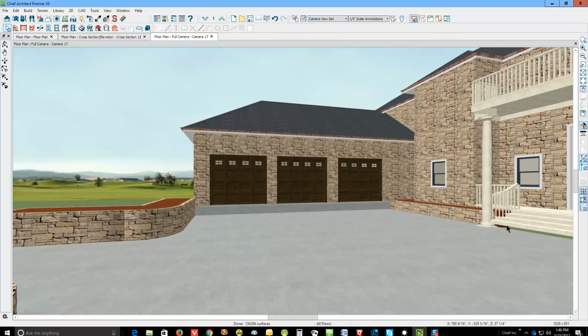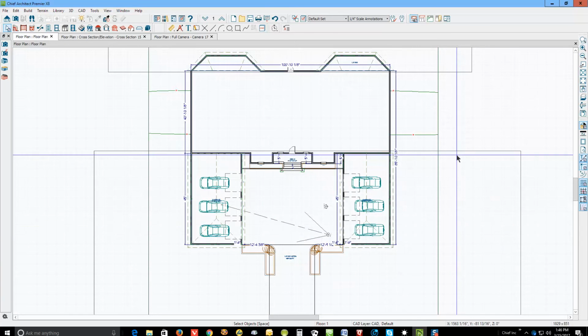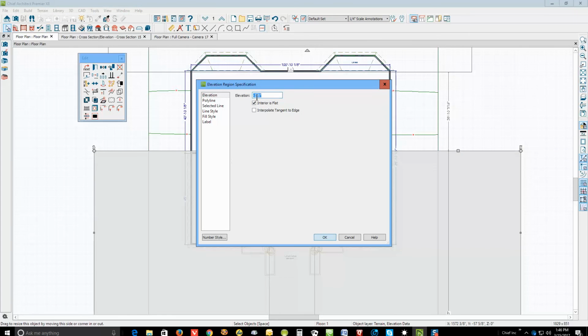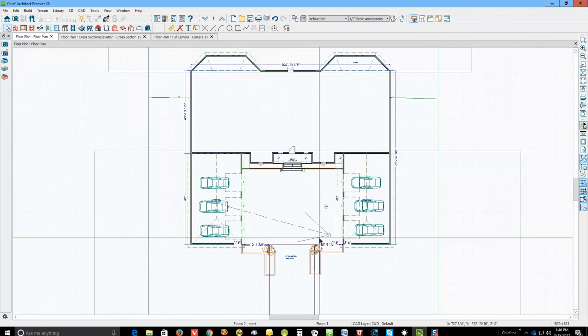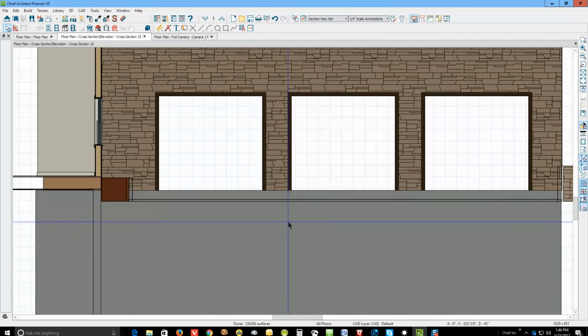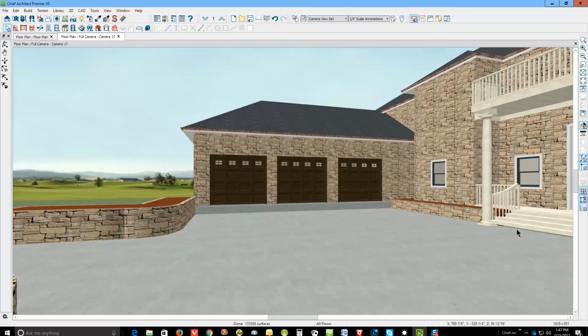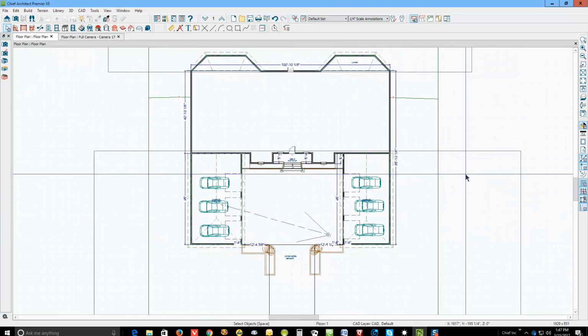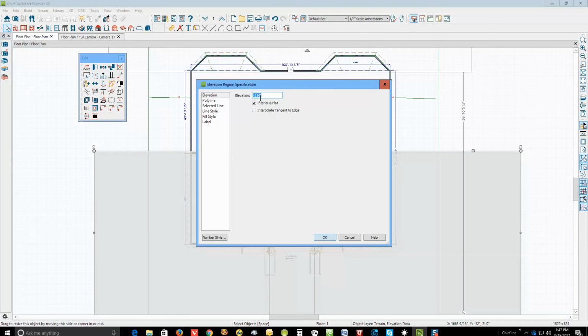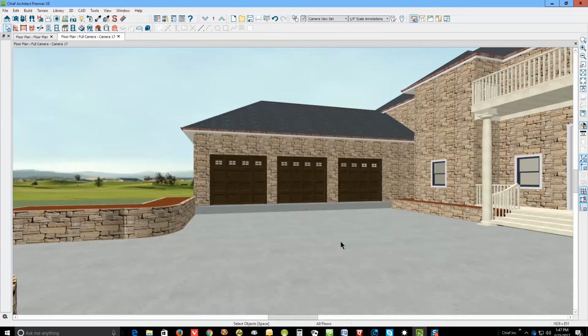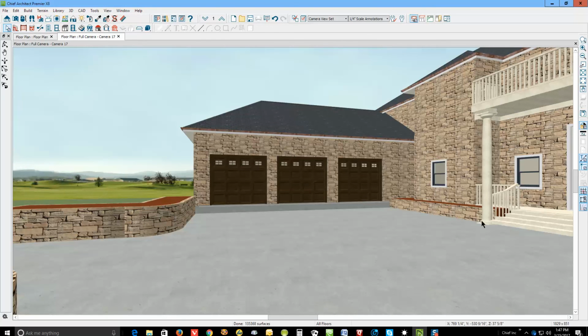Well, we got a little bit of a gap there. Maybe I need to change this by about 6 inches. I think got 214 minus 214. And we'll start checking this stuff again. See, let me use a different camera. Well, that closed that gap a little bit more, but not quite as much as I needed. So I'm going to make that 210 minus 210. Okay, we closed that gap right over here underneath the stairs, but these are way too far out of the